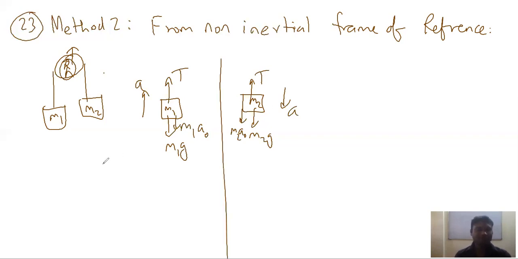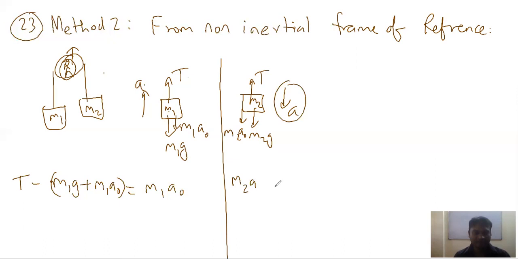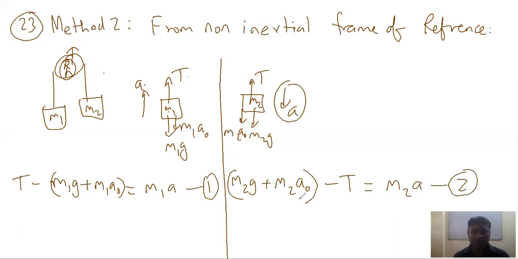So let us write Newton's law equation. Because this M1 is moving upward, tension will be bigger. So T minus M1G plus M1A0 is equal to M1A. And here for M2, because this is moving downward, downward force will be greater. M2G plus M2A0 downward forces minus tension force is M2A. So in this case, here we will have acceleration A. Okay. So if I take these two equations as equation 1 and 2 and solve them,